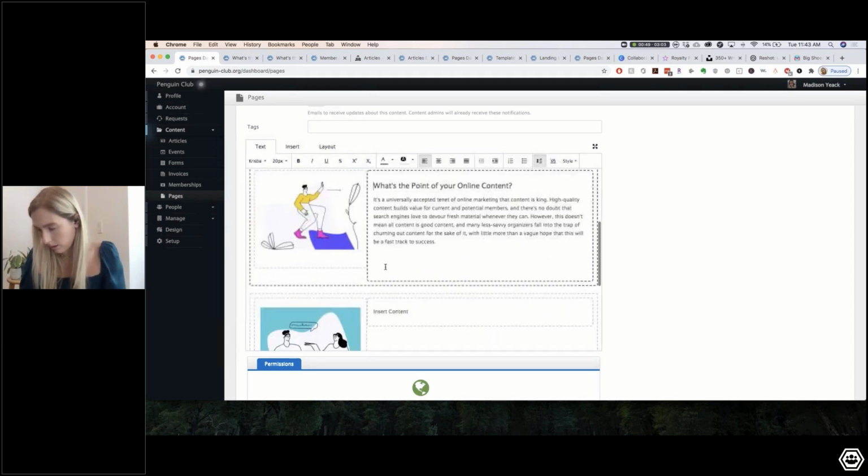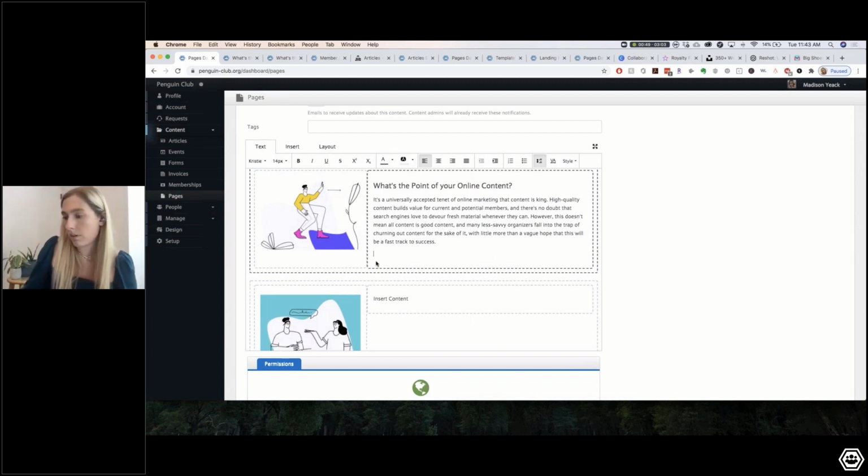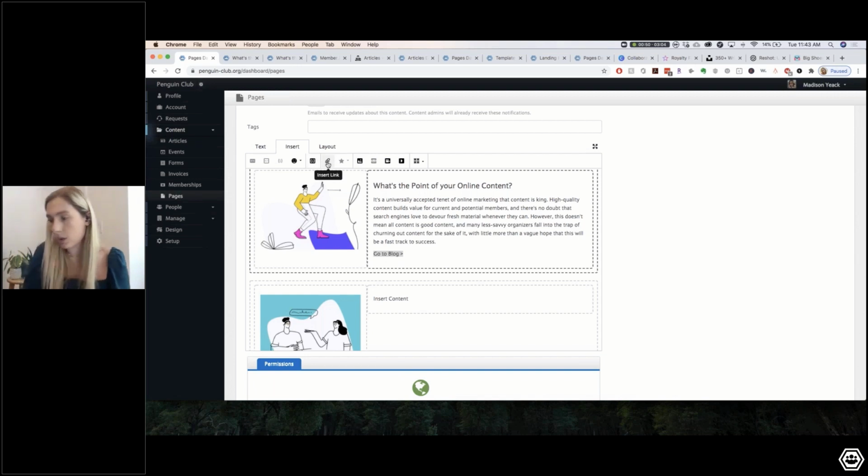And you can either have a linked sentence or button here. So you can be like, go to blog. Like that. And then you can just copy that and then press insert link,